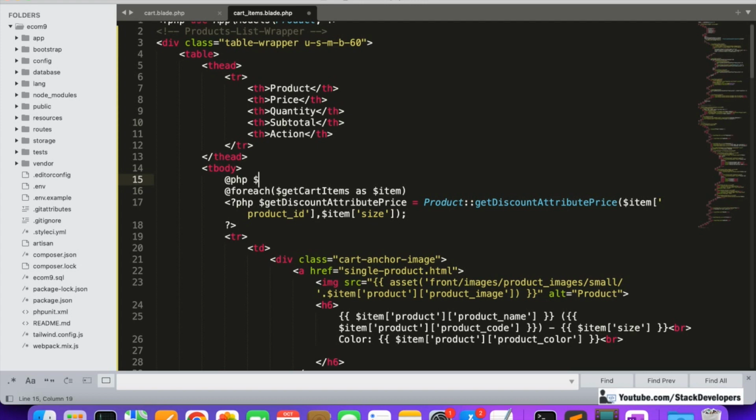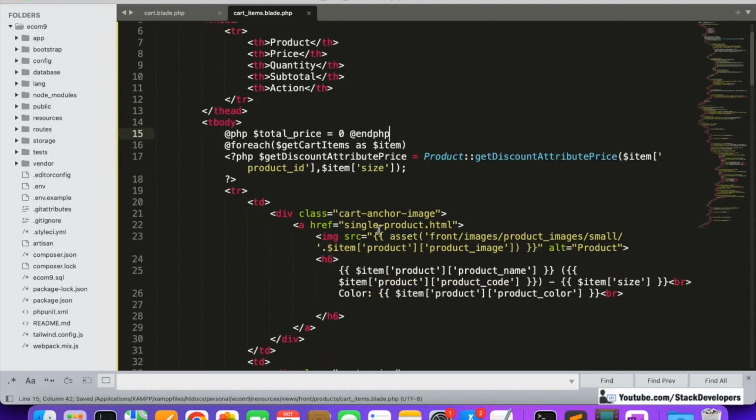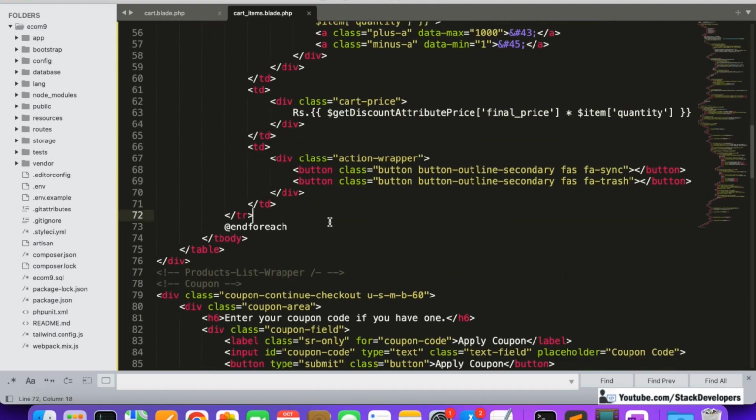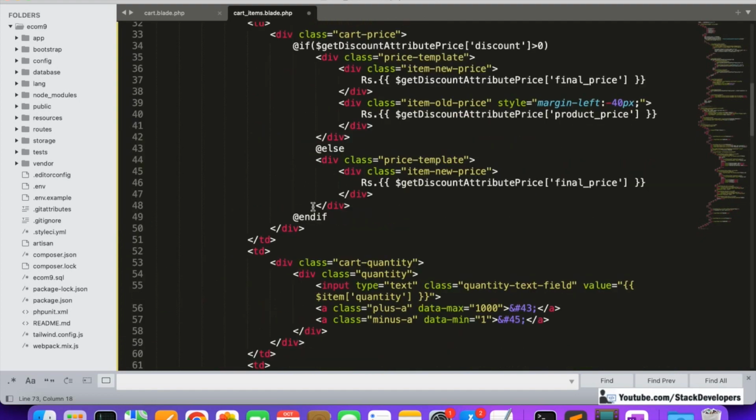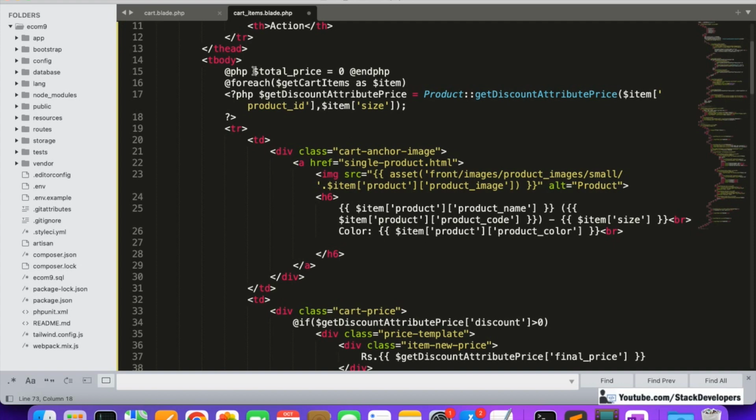Total price equal to 0. Fine. And now see, here before the foreach loop, once again I will start the PHP, and inside this we are going to write the code so that we can calculate the subtotal. We are going to do it like this, total price,